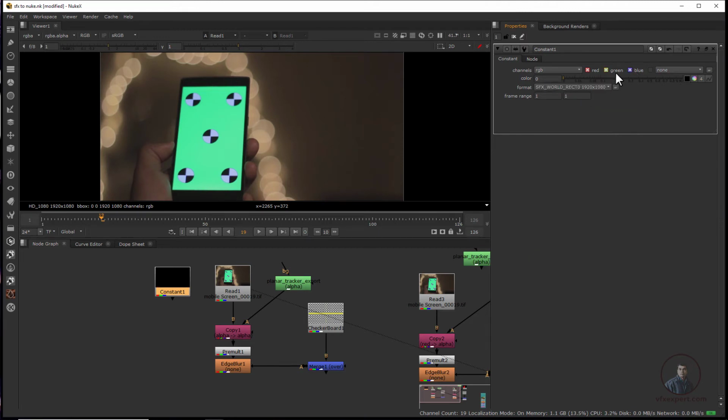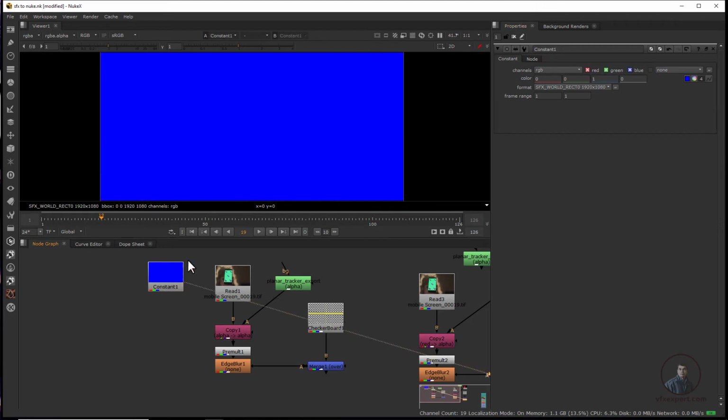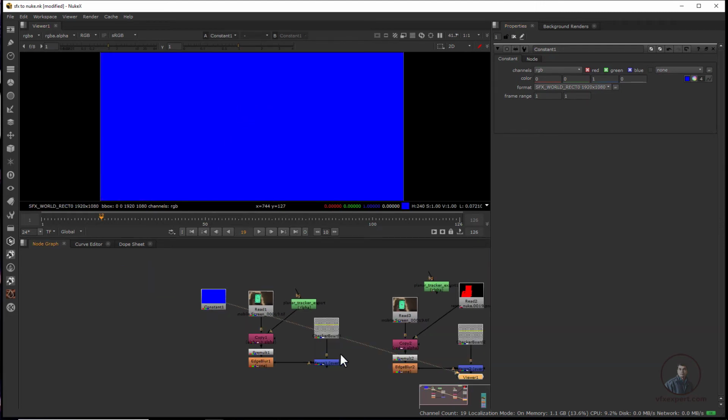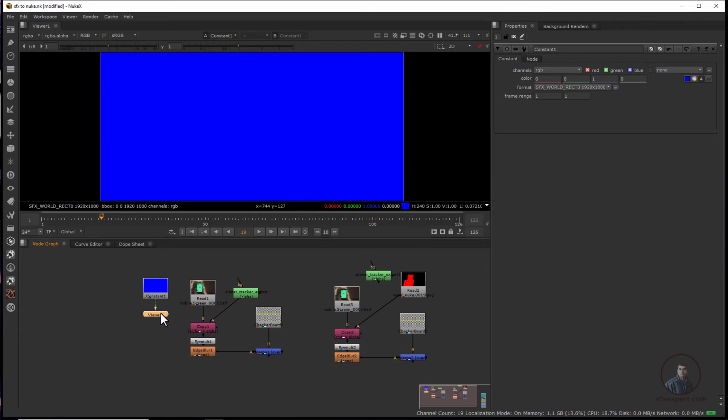Then after this, from here we have to select color. So just click on 4 here. This is RGB, and in the blue channel we just have to type 1. Now you can see this is our blue. Now select and press 1. Now here you can see. So just keep it a little bit here.